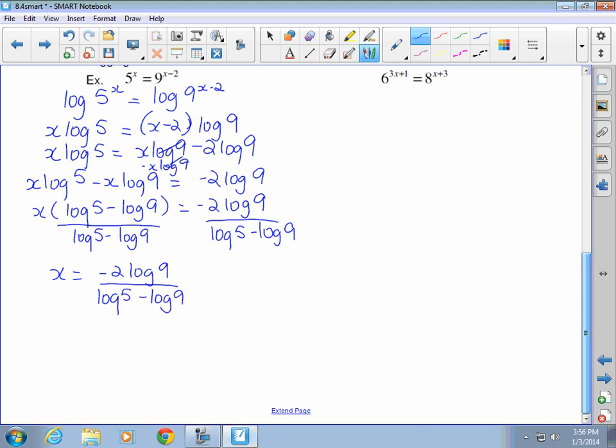Now at this point here, because they are all base 10 logs, I can put them into my calculator and solve it. So that's all you do. In your calculator, go negative 2 log 9 divided by bracket. Okay? So this is in your calculator. You wouldn't put the x is equal to, but you'll put negative 2 times log 9 divided by bracket log 5 minus log 9. Hit your enter button and you'll find x is equal to,